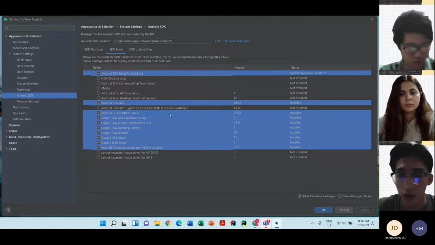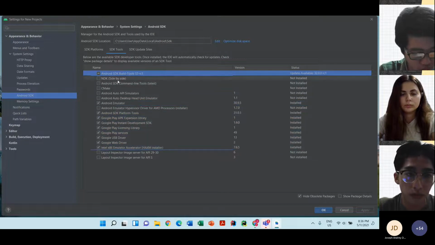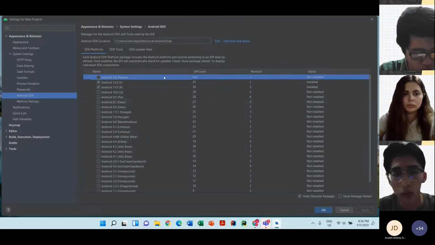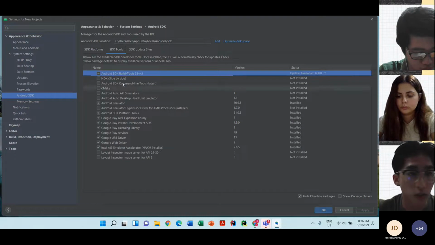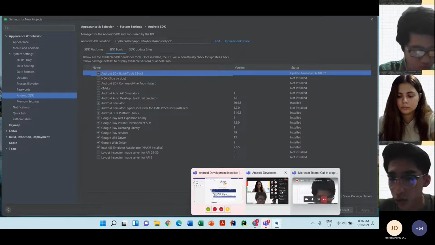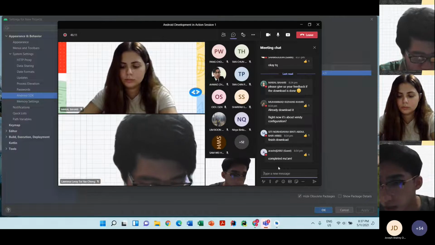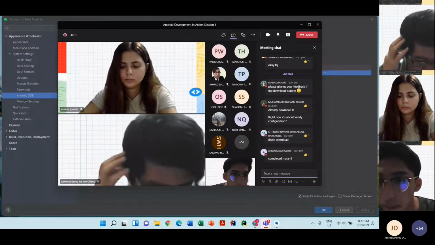When you select all these, you just click apply and it will start to download also. I think it takes some time because it's 1 GB plus. Do you guys need some time, or is it very fast for you to download?